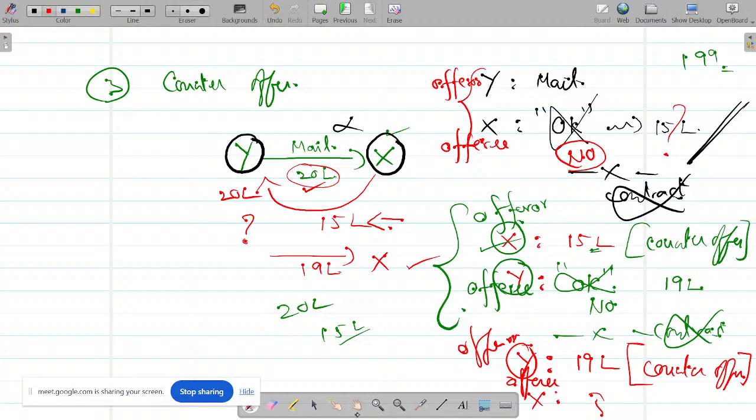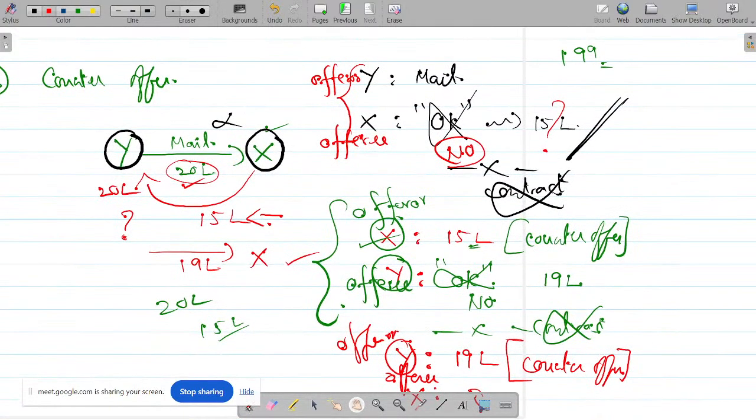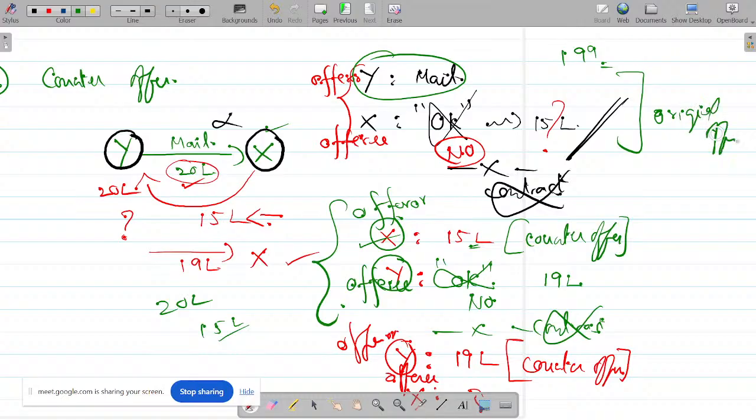If you go for the very first sequence, the very first mail, this alone is the original offer. What do you call this one? Original offer. All the forthcoming cases you will call a counter offer, because it's not directly from the original offer. It's a sequence of events happening from the original offer. Is it okay? If you want to make a note of anything, please do. So this is the third heading, called counter offer.